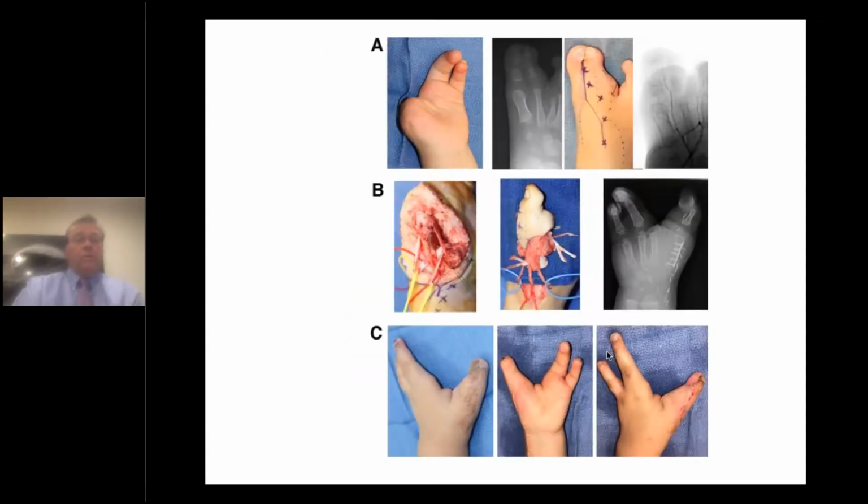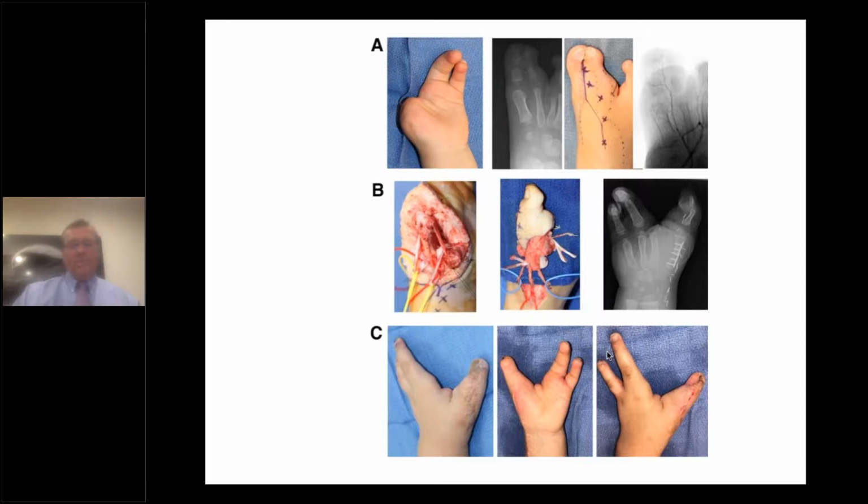Here's an unusual pediatric case. This is a cleft hand foot patient. On one foot, there are 2 great toes, as you can see in the upper panel A. So here we've taken the lateral of the lesser of the 2 great toes and performed a toe transfer. There were many open areas that need to be skin grafted, as you see on the left-hand side down in